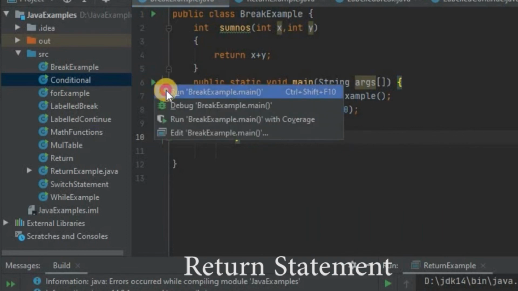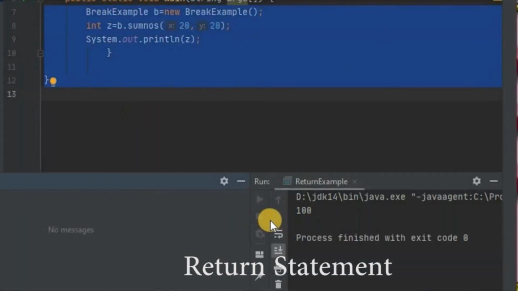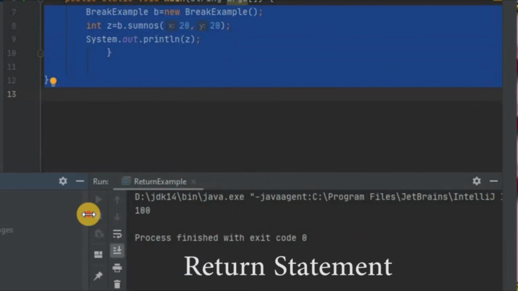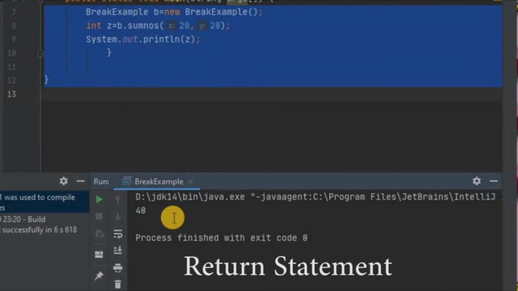Then again we will run and see whether it works. Okay, now there are no errors and we can see the result.